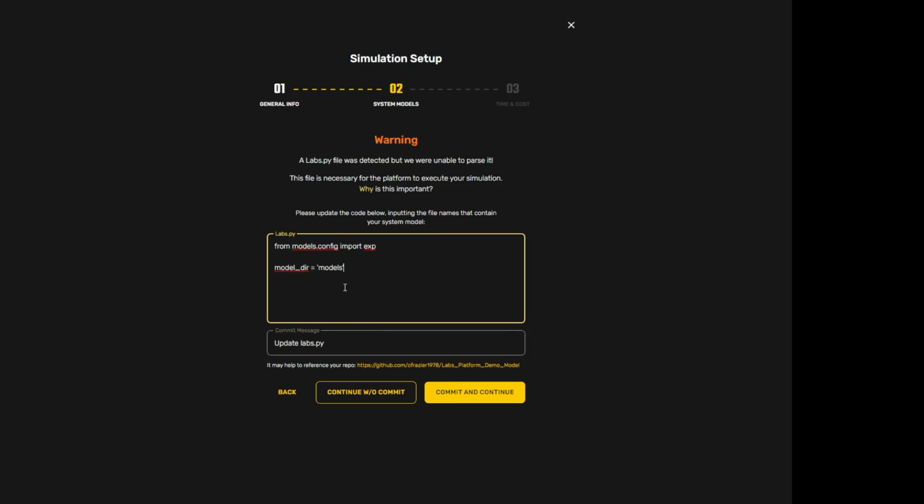Once I've done that, I have a couple options here. It'll go ahead and give me a recommended commit message. You can change that if you'd like. You can also go directly into GitHub if you need to take a look at your code to see what's going on. And to move forward, now that I'm confident that this is now the correct code for my Labs.py,